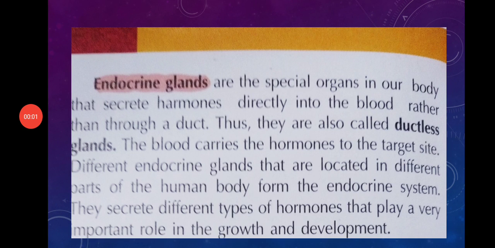Hello students, we were discussing chapter 15 of class 8 science, that is Reaching the Age of Adolescence. In our previous video we discussed the various changes that take place in adolescents at the age of 11. These changes take place in a specific period of life, and they are controlled by special types of hormones known as sex hormones.